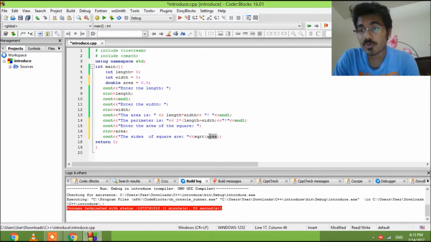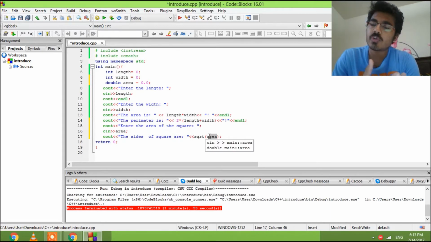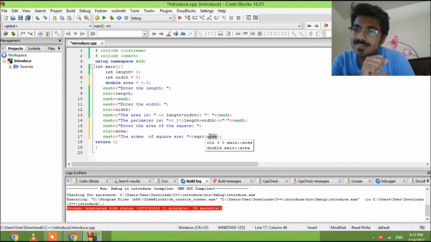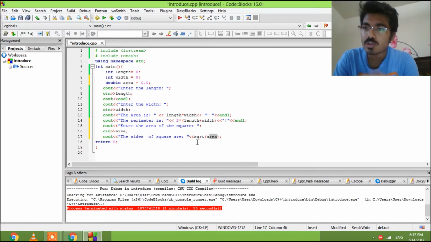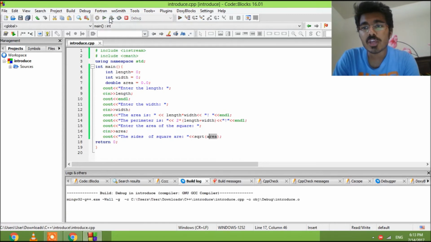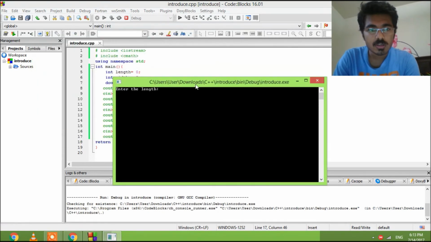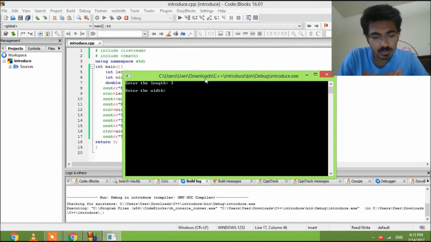Why am I taking the square root of area? Because what is the formula for the area of a square? It is side times side, that is side squared, right? So if I take the square root of the side squared, it will give me the side, which is what we are finding. And remember I made it double, so whatever square root you take will also be double. Double, again I like to remind you, is anything that has decimal values. Still this part is for rectangle, so we'll just write 3 4 and get done with this,